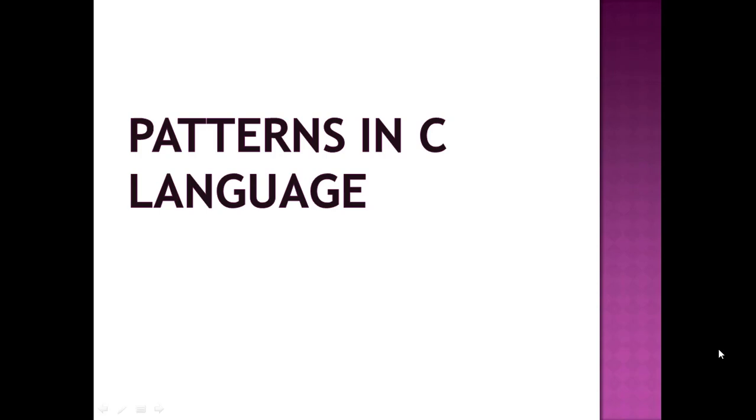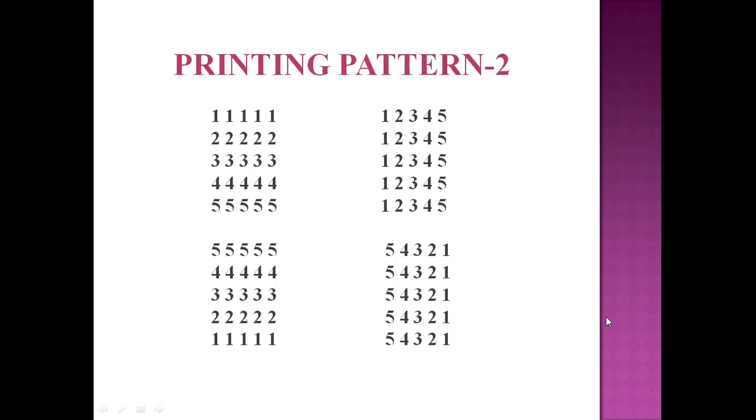As you all know, in the first video we learned about the simplest star pattern, but in this video we will draw patterns with numbers. Guys, do not get confused. I will tell you the simplest way to draw these kinds of number patterns. As you can see here, there are 4 patterns and all of them include numbers. Some of you get confused because there are numbers from 1 to 5, but all of these are in different sequences. So I will tell you the simplest way how to draw this kind of pattern with the simplest coding.